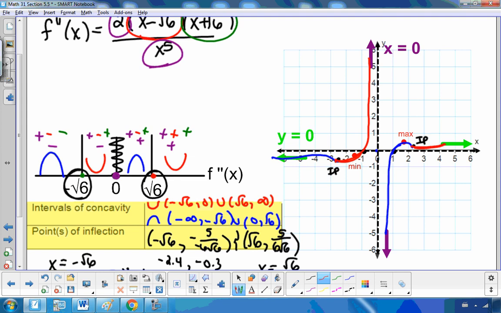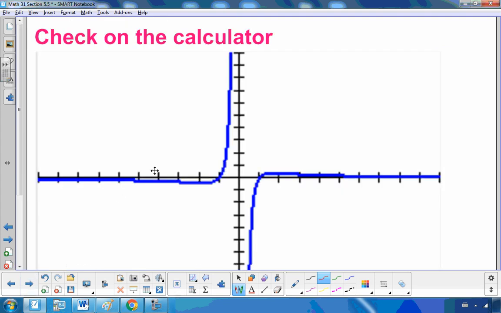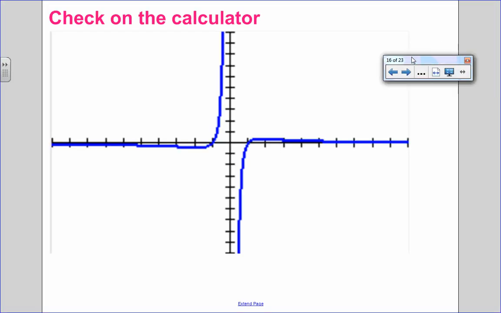Okay, so again, a lot of work, but all the graphing done without the use of a calculator. So we can go to our calculator to check to see if we're right, and you can see that that graph is pretty accurate. Okay, super long lesson, I know, but you guys can go ahead and look at the